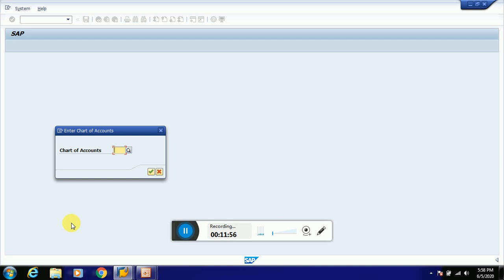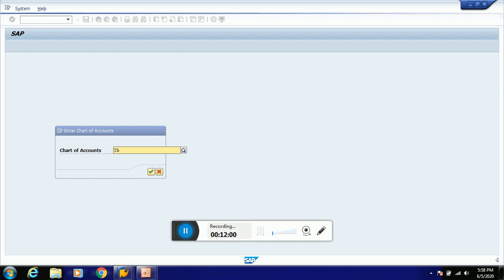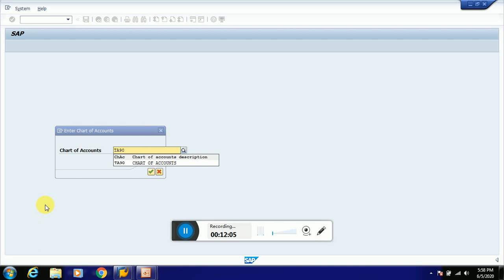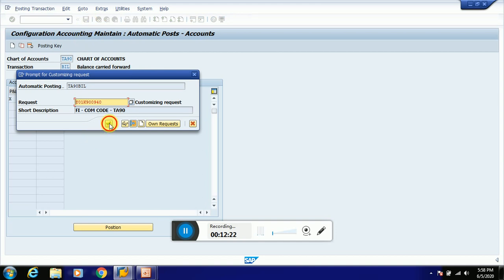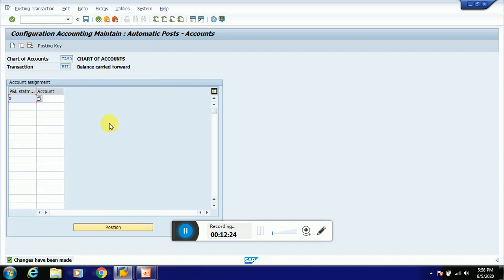First we need to create the chart of account. Our chart of account is TA90. Click on continue. Here we have to define, give X. Let's enter one more time, ignore the warning message, click on save. So we have created the retained earnings account.